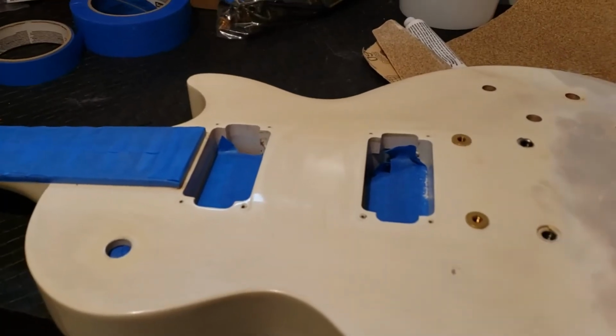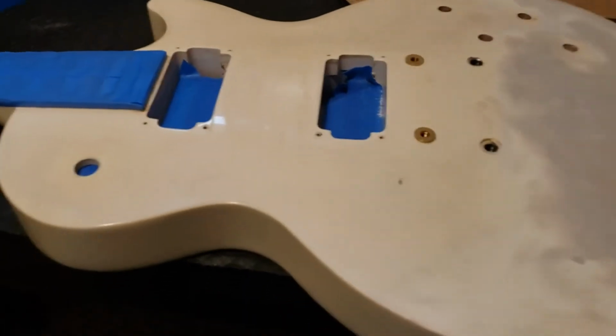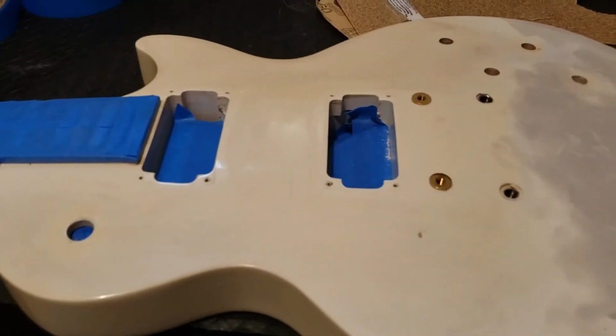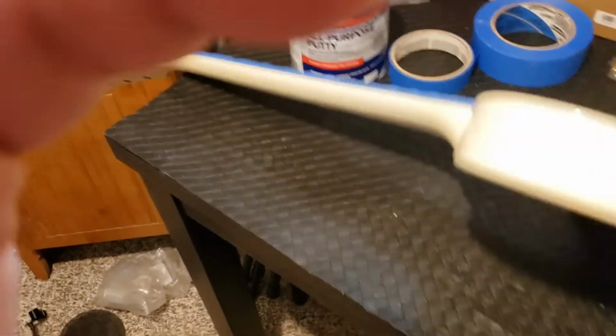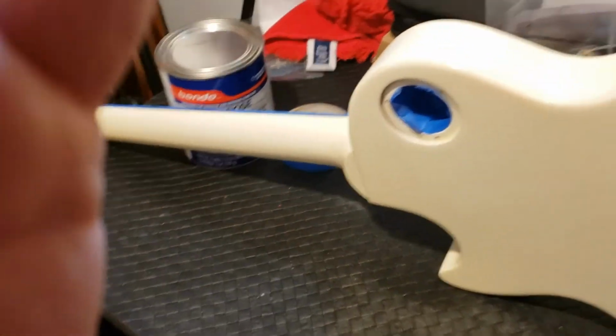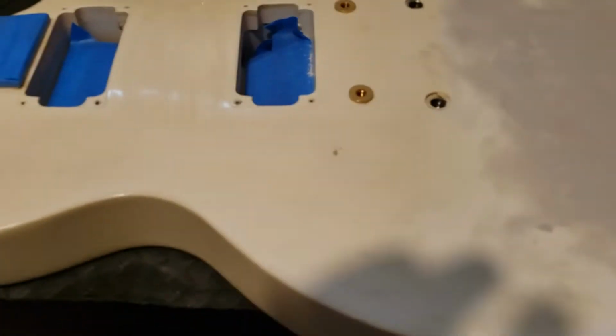I'll do another layer of this. I'm going to pull that, cap that, and then I'm also going to take my whites and do a little test spray and see if any of them come close to this faded white that's on here now. And if not, then not. The only thing